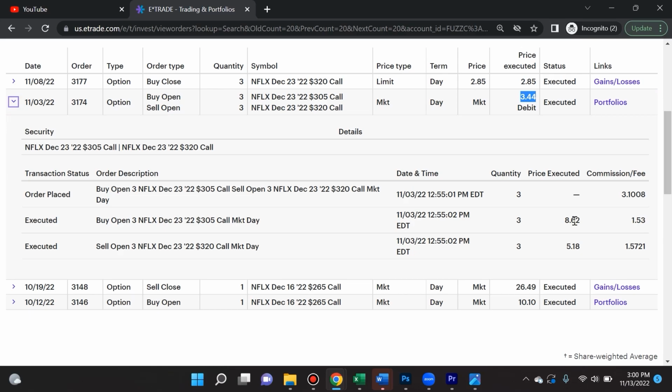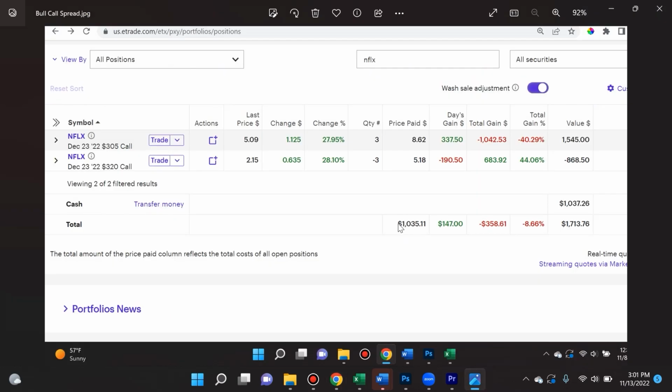Because again, it's taking this number that I spent money buying, subtracting it from this number because this went straight into my account. And you can actually calculate how much this entire trade cost me because since I bought 3 options contracts, we simply multiply 3.44 times 100, which is $344 times 3 because there's 3 options contracts. And that would give us this number right here, $1,035.11